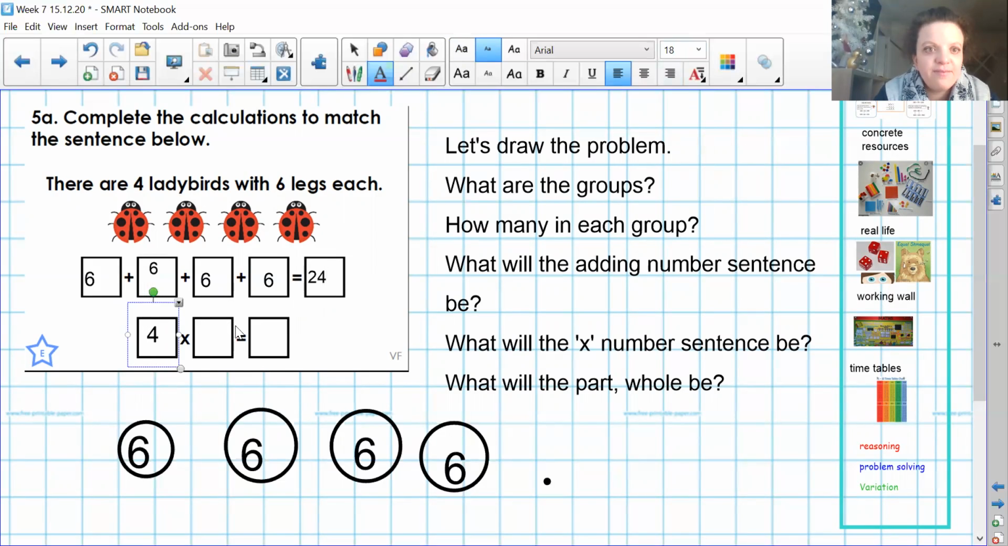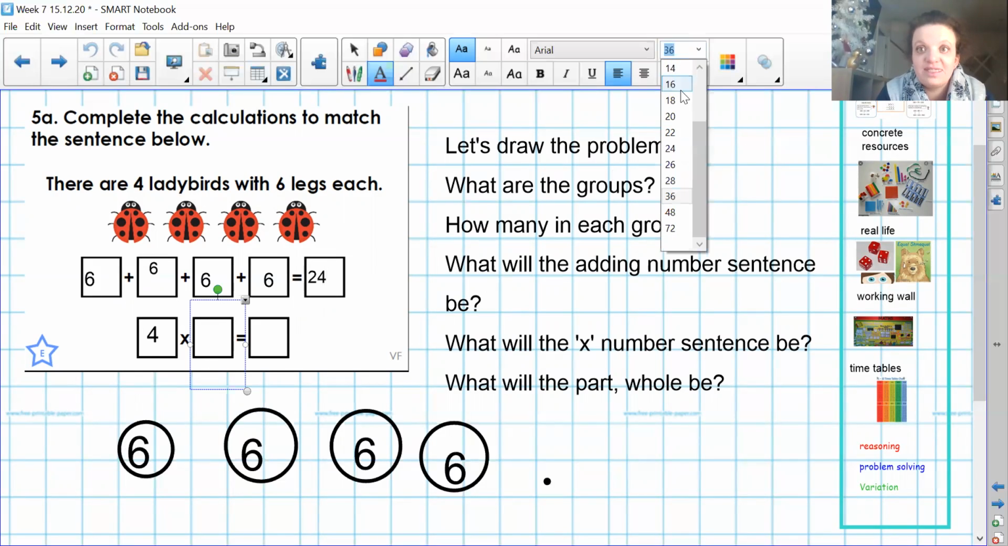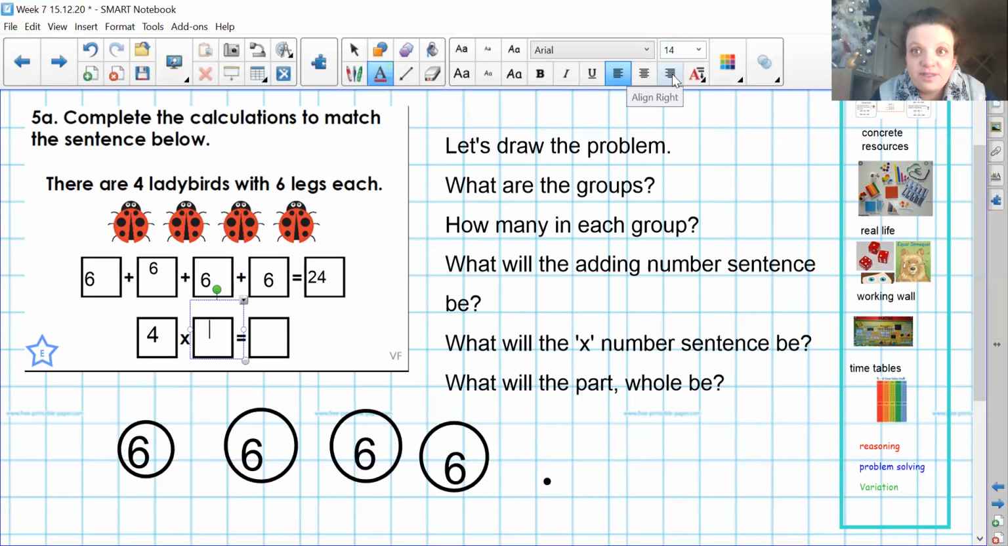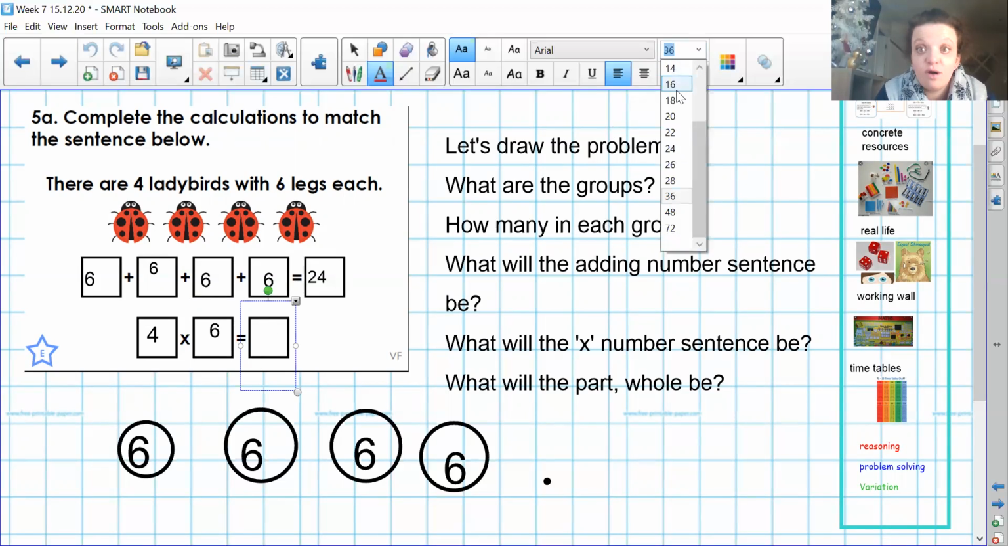Move that over a little bit. And I've got how many, and I've got lots of what. So in each of my groups, I have got 6. So my answer is going to be 6. So 4 times 6 is, and it's the same answer as my adding one because it's the same number